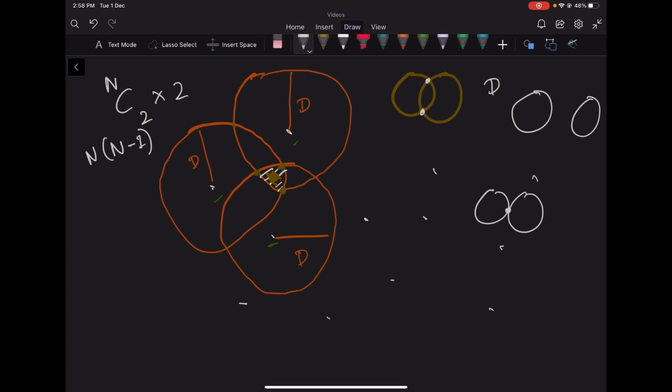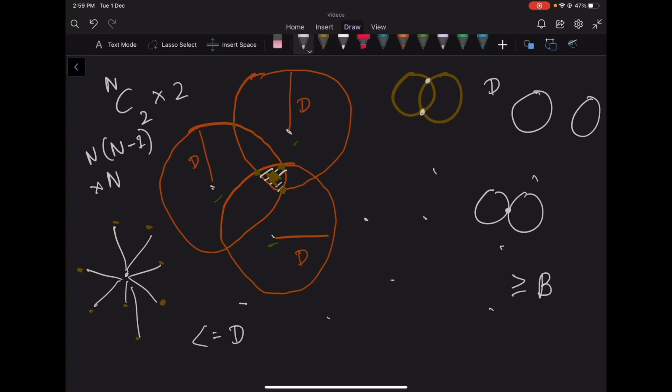Checking if a point is a red zone or not is easy. We'll just check how many circles the point lies in. That is, we'll check the distance of this point from all the n points, and keep a count of how many distances are less than or equal to d. So the total number of points whose distance is less than or equal to d should be greater than or equal to b for it to be a red zone. Checking that will be of the order n. So the total time complexity will be n into n-1 into n.